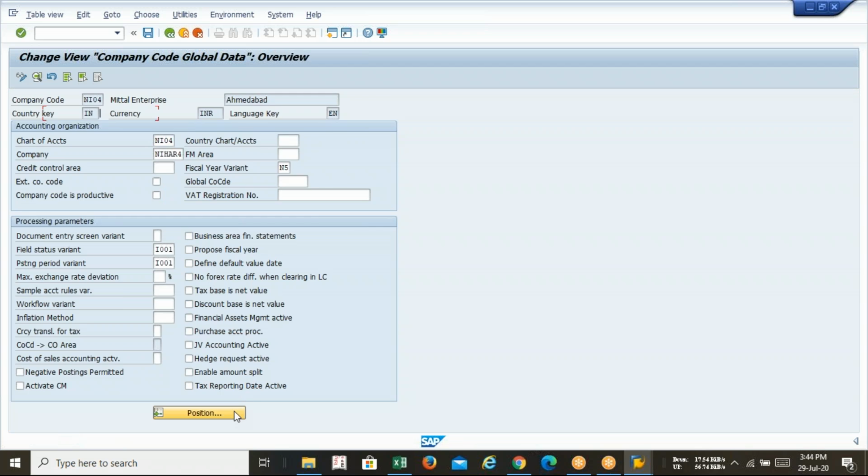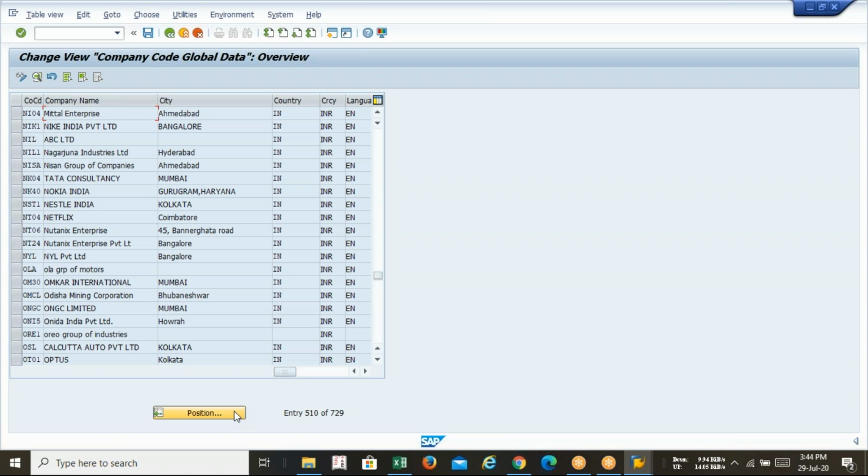Satya, frankly speaking, in a practical scenario, you will never get a chance to create a fiscal year variant. Whenever you start working, that will be a running system, which will never allow you to change this kind of configuration. But since we are doing it from the beginning, we have to change it. So I am requesting all students, please change your fiscal year variant. No need to create a new one. You just copy from the existing one, V3, paste it into your new fiscal year variant and assign it.